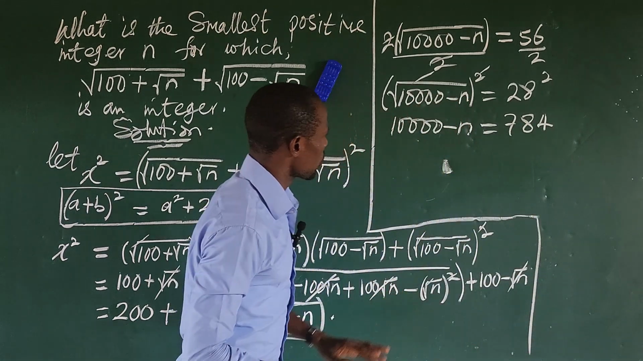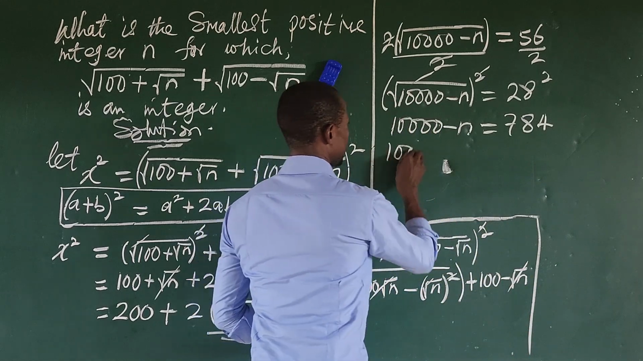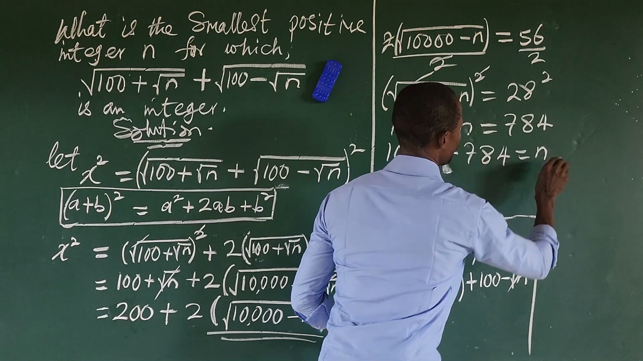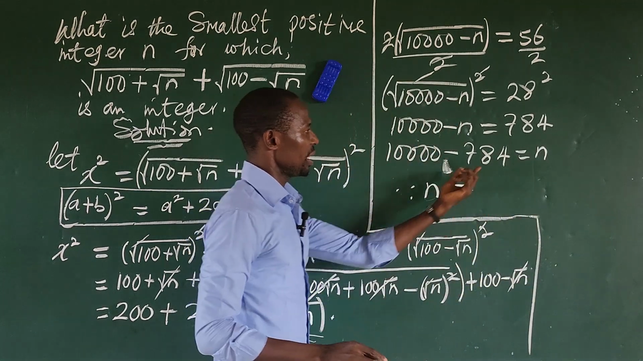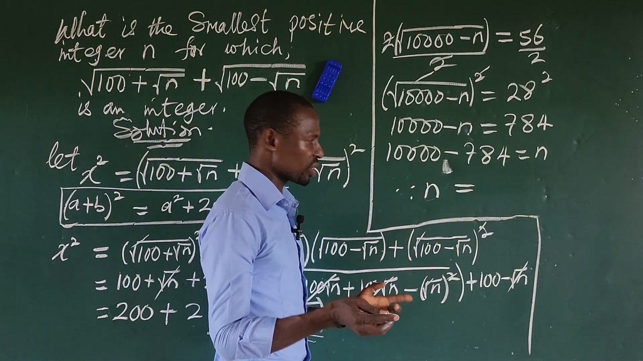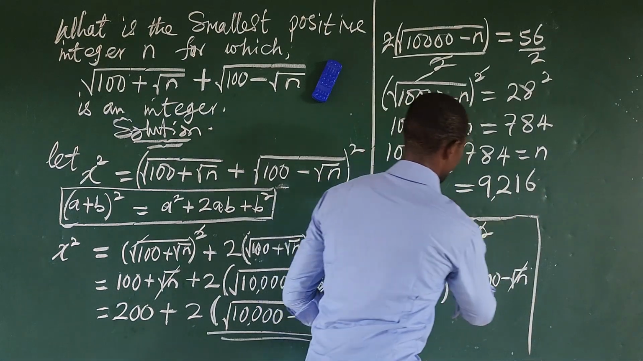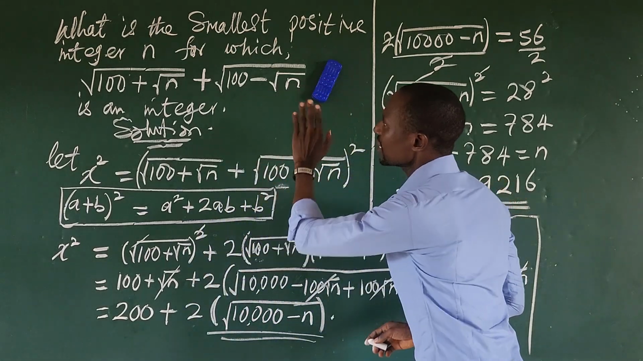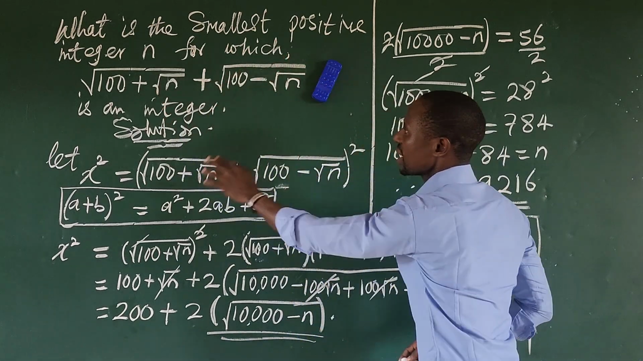784, right? Okay, so what we do, we have to move this to this side. So we're going to have our 10,000 minus 784, which is equals to n. So we can now rewrite this. Our n is equal to, if we subtract this from this, is going to give us 9216. Okay, so this is the value of n, that's the smallest positive integer n for which this